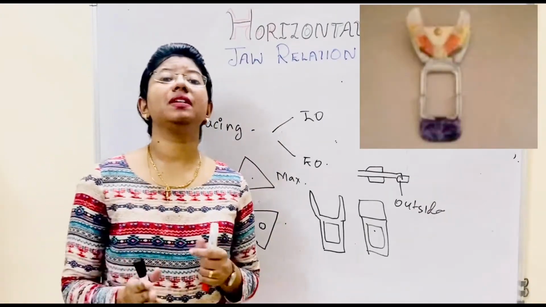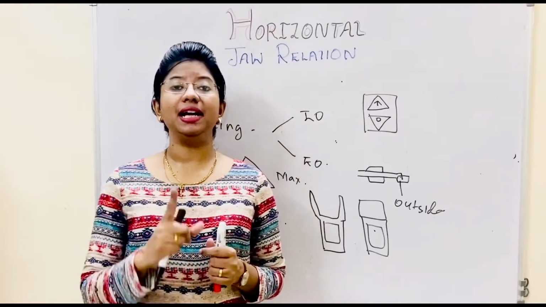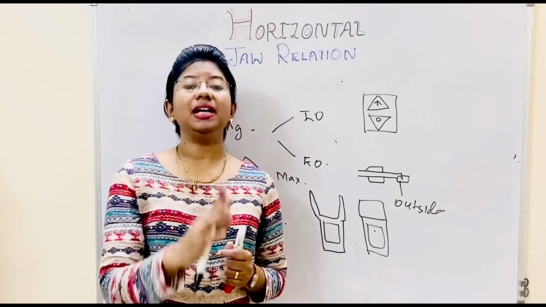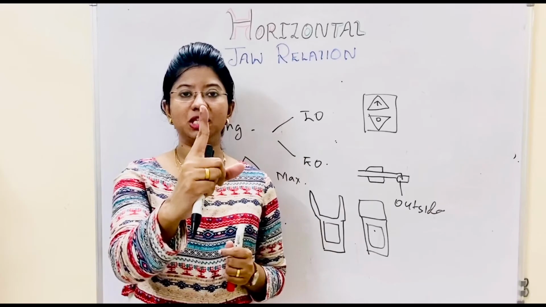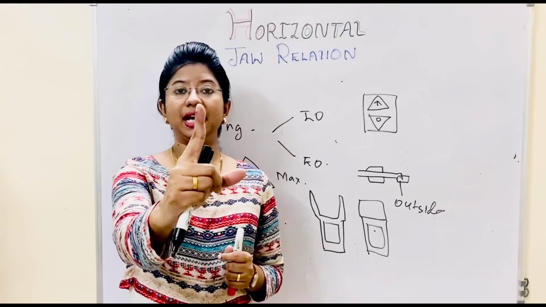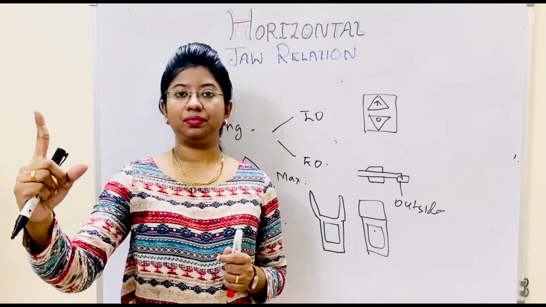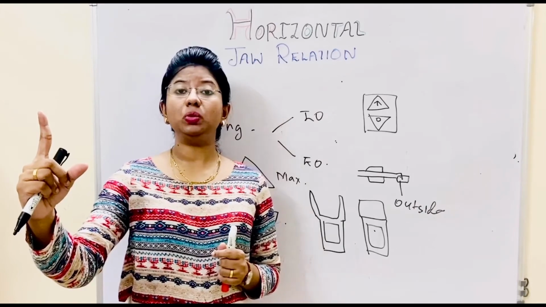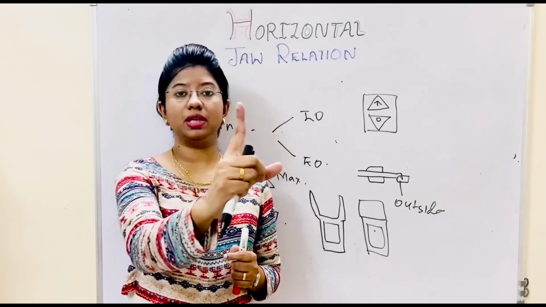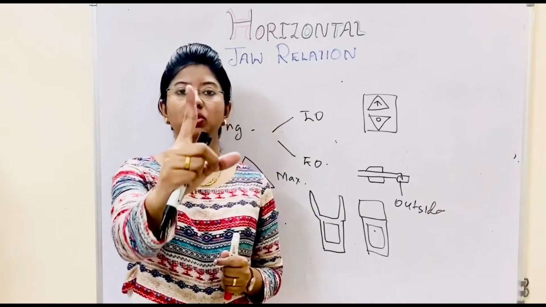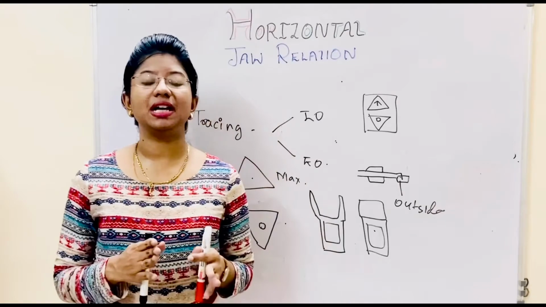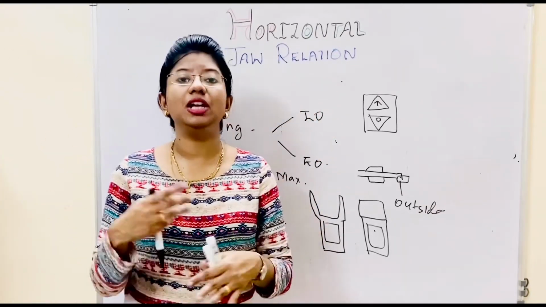So what happens, there is one guide called Ney's guide. In that guide, we keep the finger in front of the patient and move the finger, like if I need to ask the patient to protrude, I'll keep this finger like this and move the finger like this. The patient will protrude. Again, I'll take this finger to this side. Then the patient will move the mandible to the right side. Again, I will bring it to the centric. Then we'll move to this side. Again, I will bring the finger to the centric. And again, I will protrude. So this is Ney's guide, in which every time the patient is asked to bring his mandible to the centric and then do all the movements.